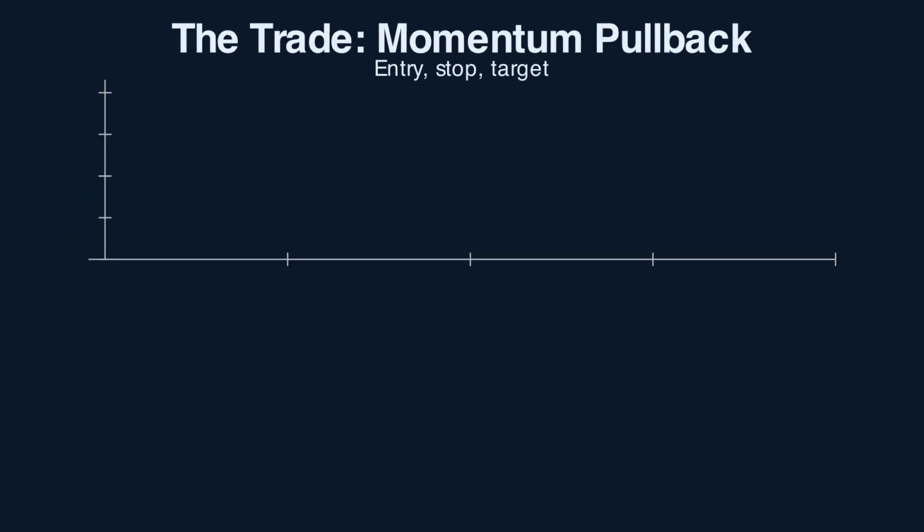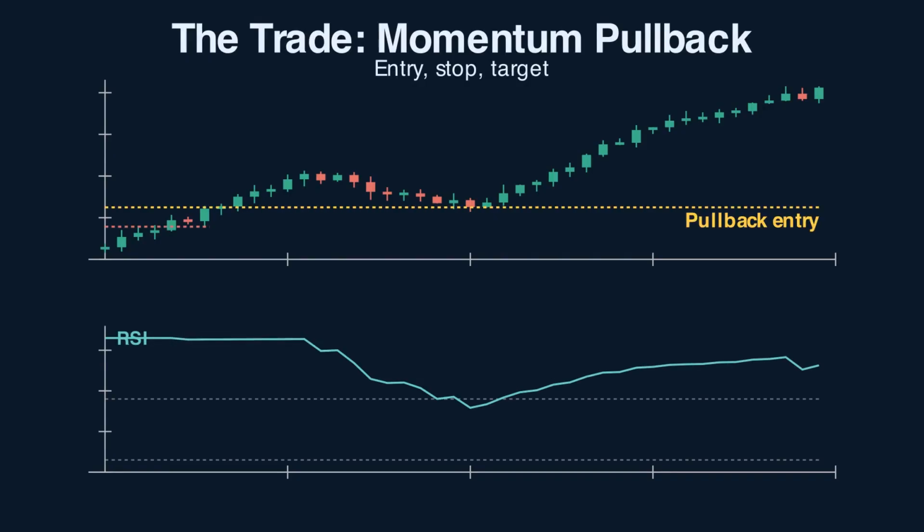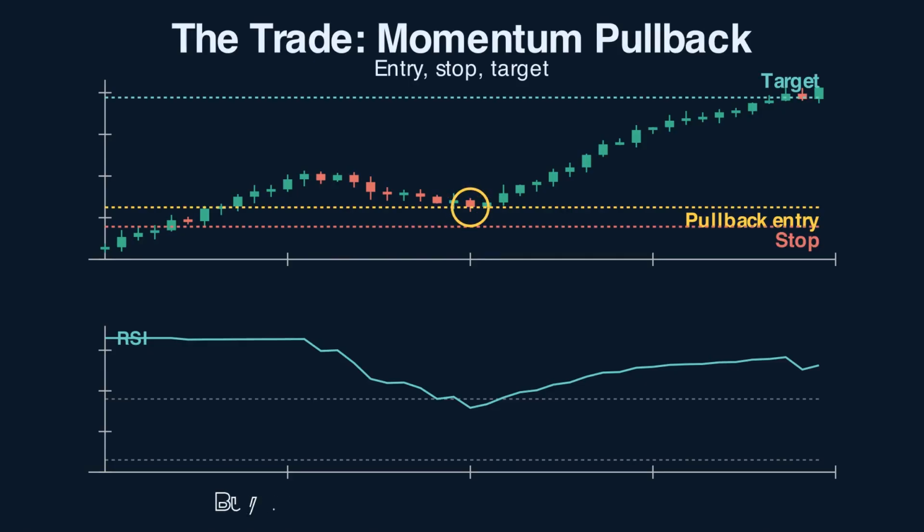Here's how a swing trader actually uses RSI to time an entry. The trend is up. Price pulls back and RSI cools toward 40, not oversold, just resting. The trade triggers when RSI turns back up through 40 as price holds a level, right here. You enter on that turn, stop just below the pullback low, and target the prior high. You're not fading an extreme, you're buying the dip in momentum within an established uptrend, which is exactly what RSI